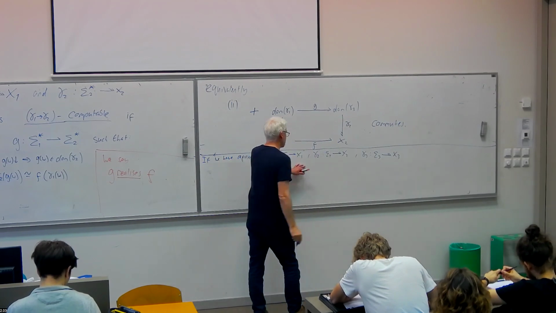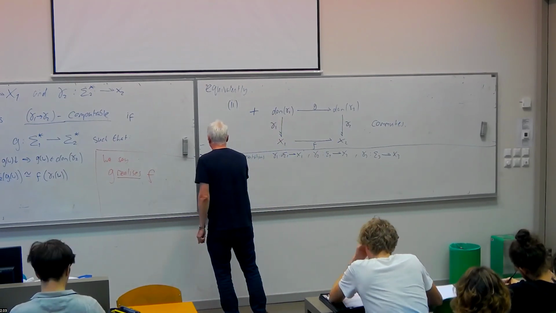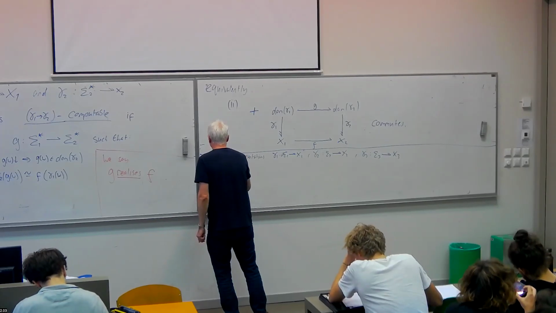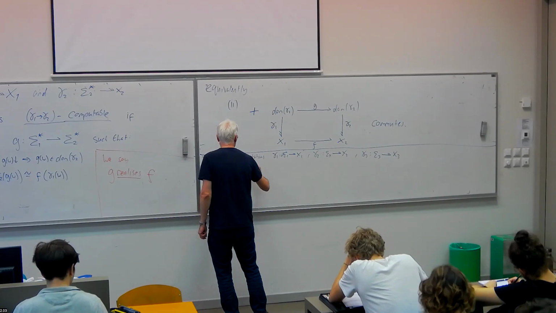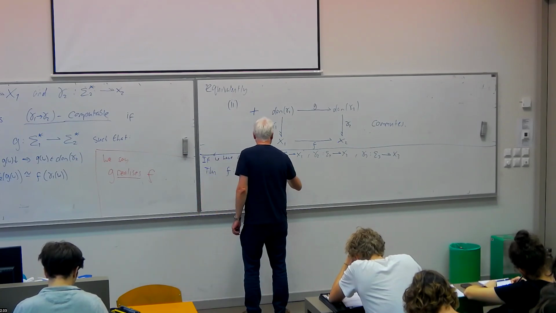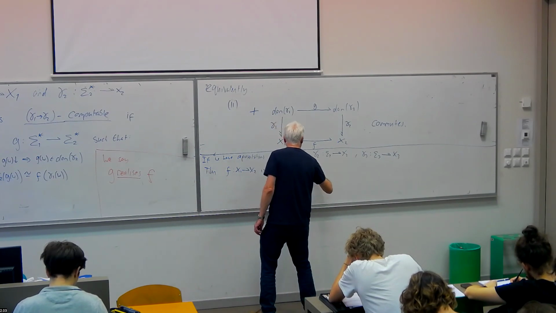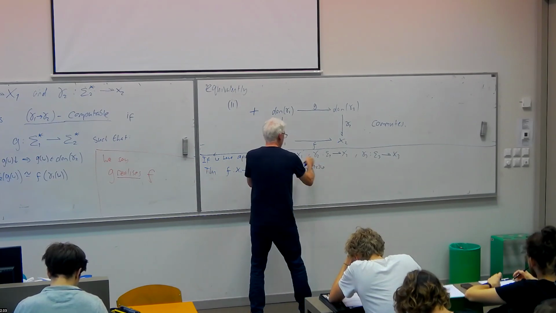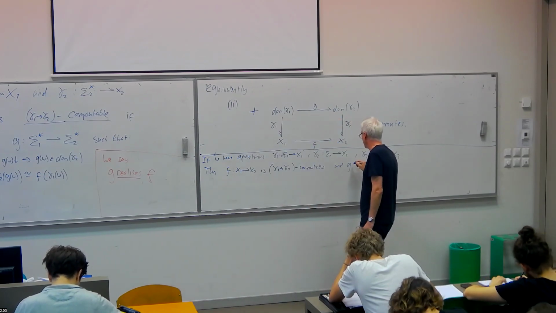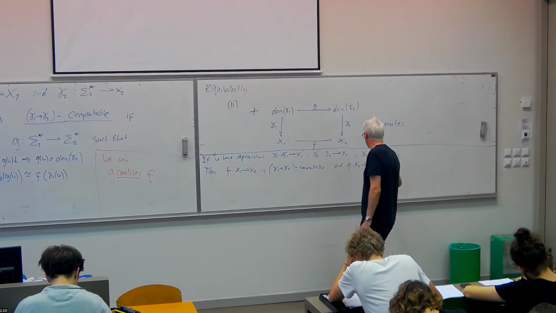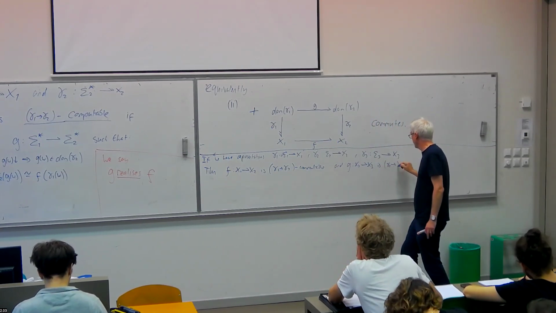Then if f from X1 to X2 is gamma 1 to gamma 2 computable, so computable according to these two representations, and g from X2 to X3 is gamma 2 to gamma 3 computable,